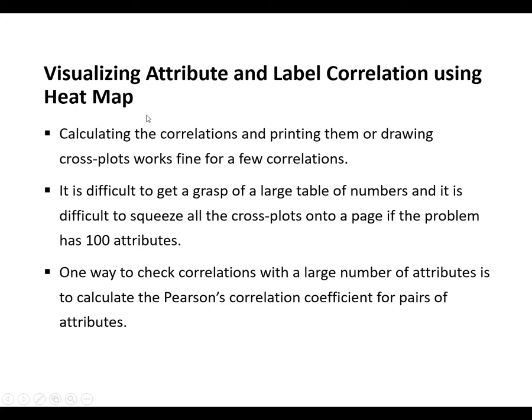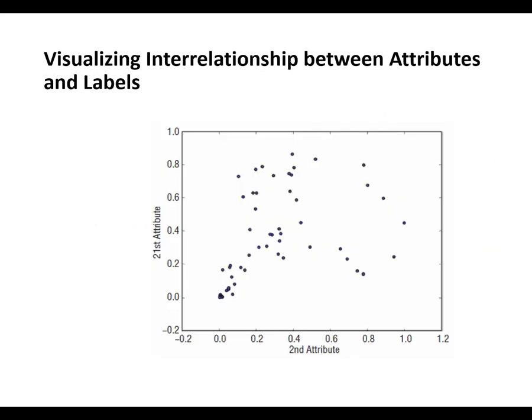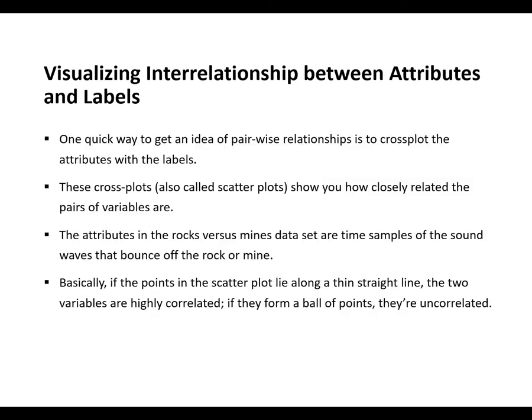The last thing that we were discussing was the scatter plot. Sorry, yes, this one, we had stopped over here. This scatter plot is useful to understand the relationship between attributes and labels, or between attributes. You know that attribute is different and label is different as far as Python is concerned.